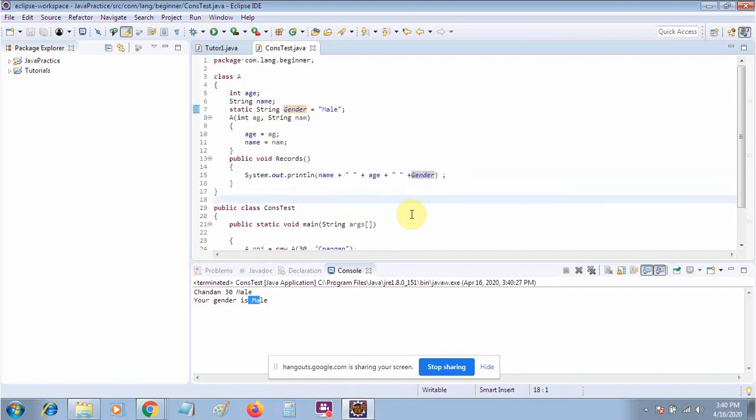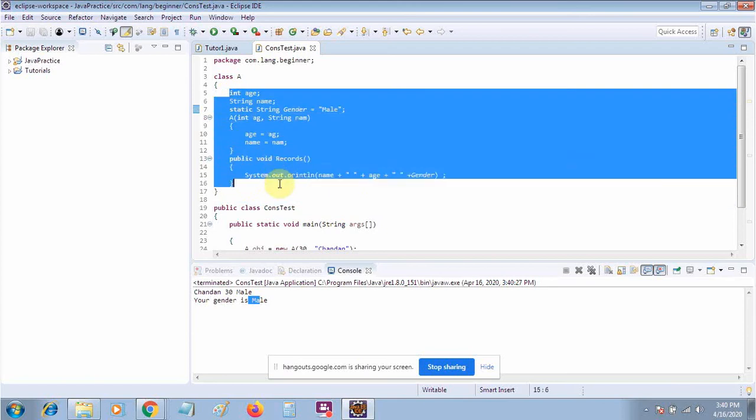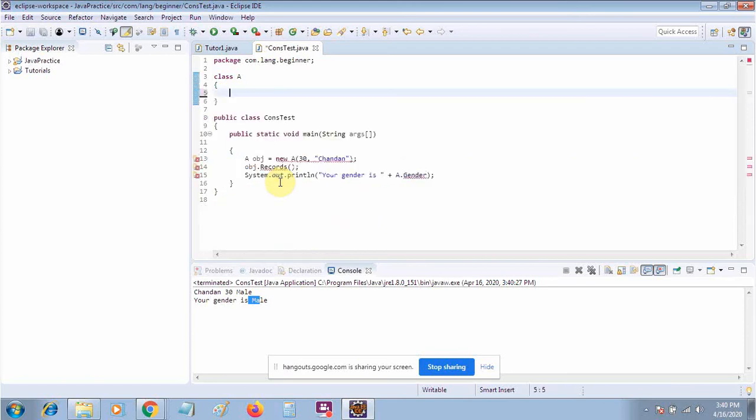Okay, now let's discuss the static method. As I told you, static method means we can call the method without creating any object. For example, let me remove all these things. There is a class. Now this static method you will use too much in your programming, in your Selenium programming. So suppose that there is a class. Now it has a method like public static void g.